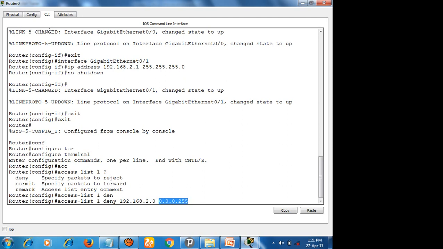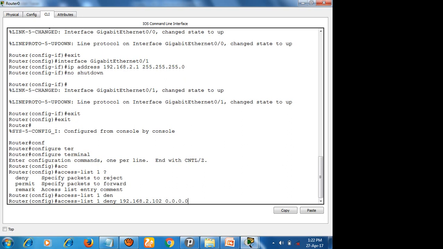The subnet mask for the 192 address is 255.255.255.0, but we need to specify the inverse of the subnet mask, so I am giving 3 zeros and 255. In our example, I want to restrict only the particular IP, so it should be all zeros.